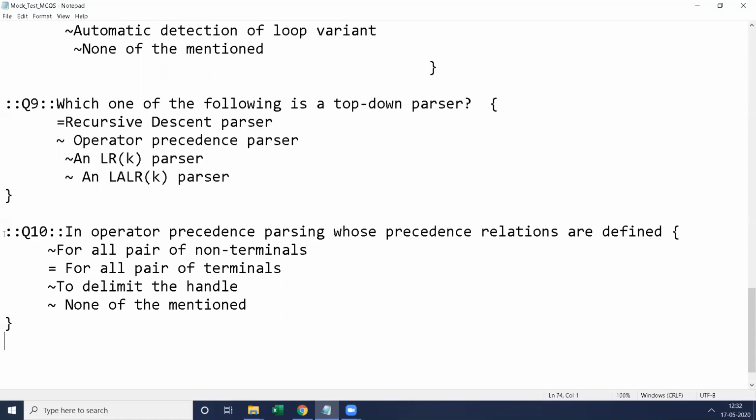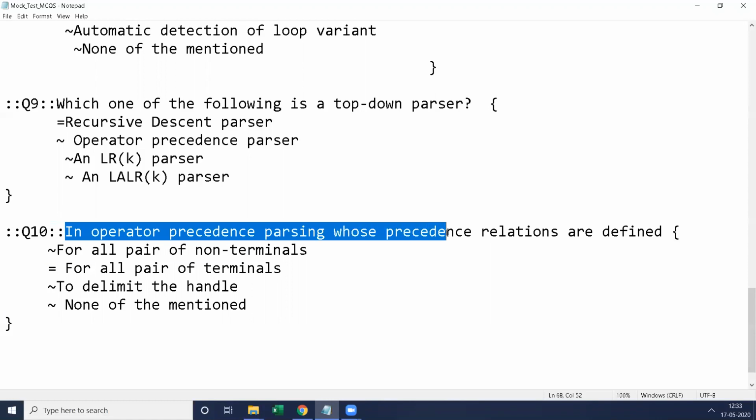The first part is the question title. Whatever title you want, you can give that title here. Here I am giving the title Q10, and it is preceded by double colon and followed by double colon. Then we will write the question here. Whatever question we are having, we will write the question here.